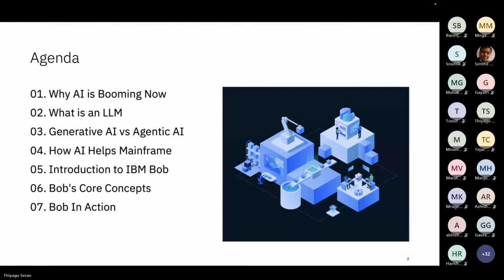This is our agenda. The first thing is, what is AI, and why is it booming now? AI is a word that comes from very long ago, but in these recent years it's really booming, so you want to understand why. Then I'm going to cover what an LLM is, what the features of an LLM are, and then GenAI versus Agentic AI, because a lot of